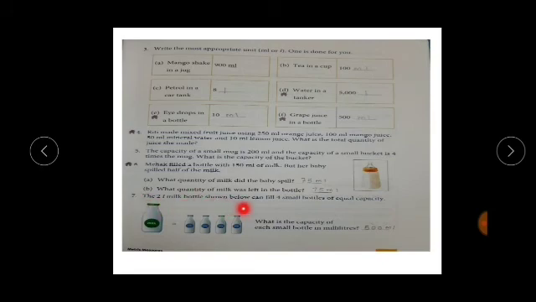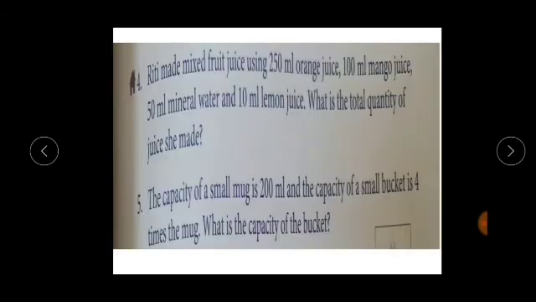The 2-liter milk bottle shown below, can we fill 4 small bottles of equal capacity? This is 2 liter, that means 2000. Then we have to divide into 4 small bottles equally. So one bottle will be 500 milliliter, because 4 500s make 2 liter. We know that 2 500s make 1 liter. So 4 500s make 2 liters. So 500 milliliter. Okay children, then let's go to the fourth and fifth question.